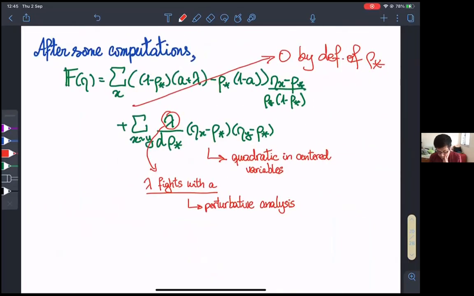So after some computations, you discover this. So the function f is equal to the sum of these two terms. Here you see there is already one cancellation. Okay? This is something which is always true. Okay, so L star of 1 is not 0, but it's always a mean zero function,